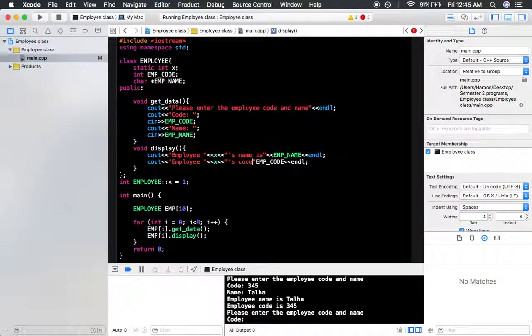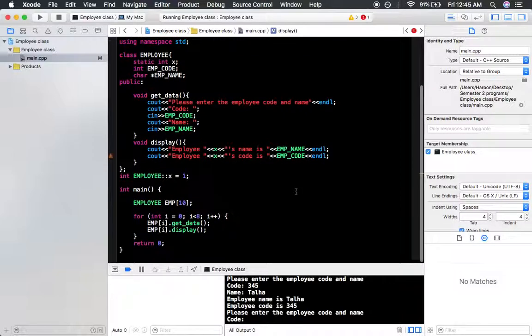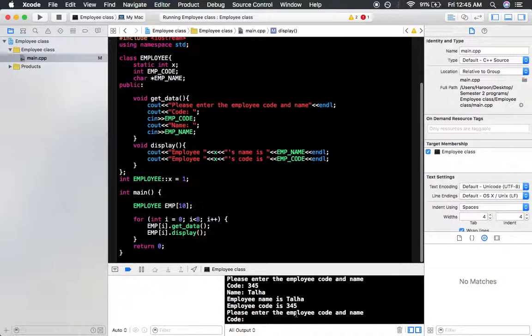Code, so employee x's code is m code, it's going to remain the same. Actually, let's create a space right here so our code looks a little neat, just like that. So now if I run the code,